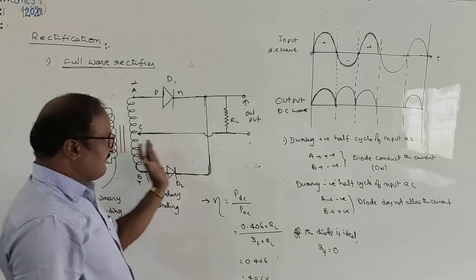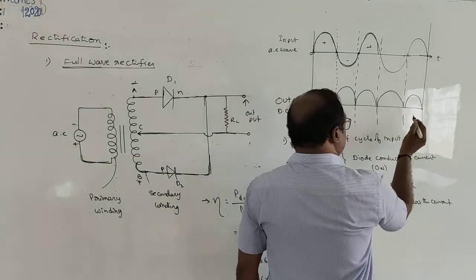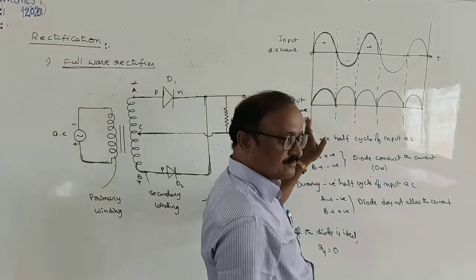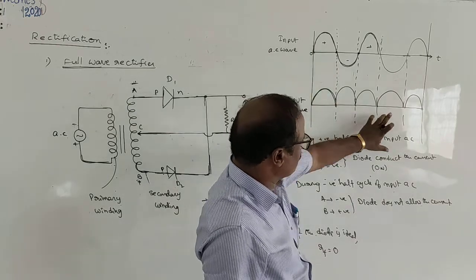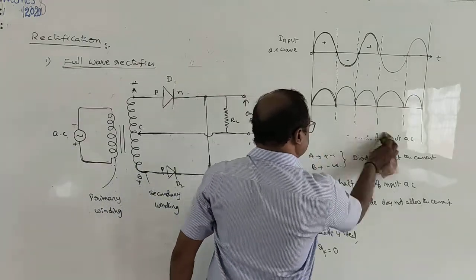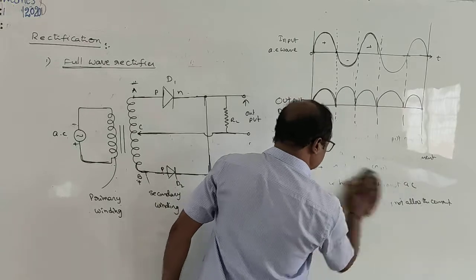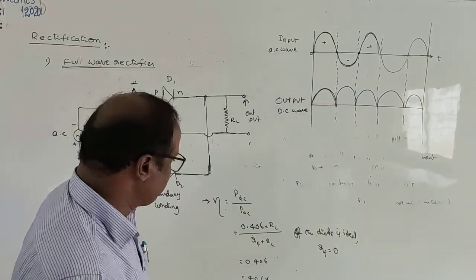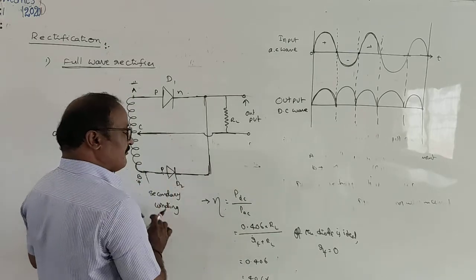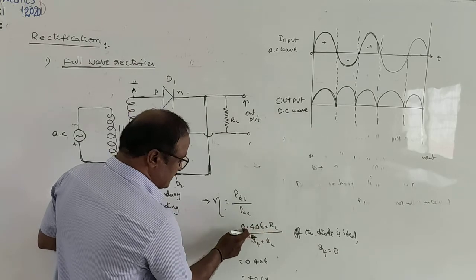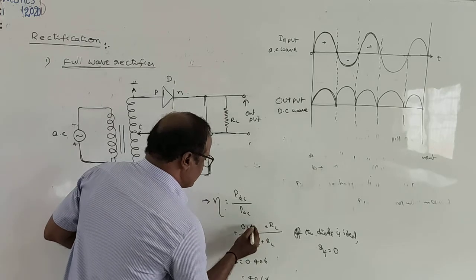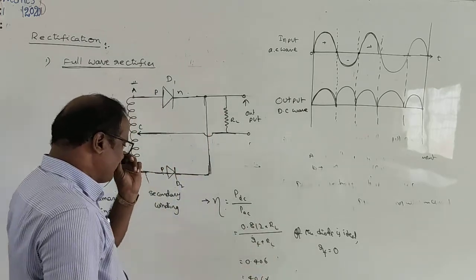Next, in the same way, the total input AC waveform is converted into output DC. Okay? The total wave is converted into output DC. Right? In this case, the efficiency, eta, is equal to output DC by input AC. This is twice that of the half wave rectifier. This is the half wave rectifier. If we multiply by 2, 0.406 into 2, that is 0.812 into RL by RL plus RF.